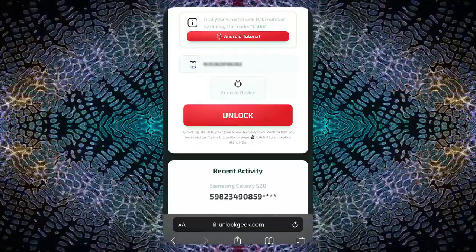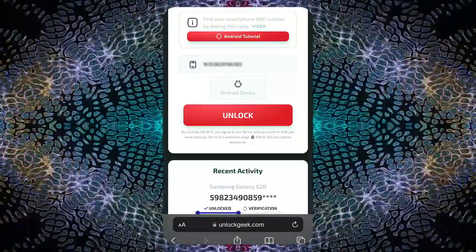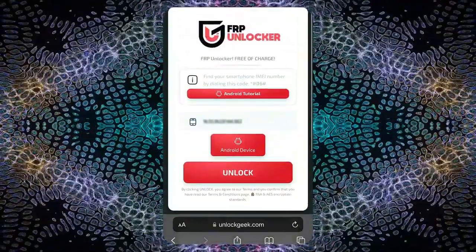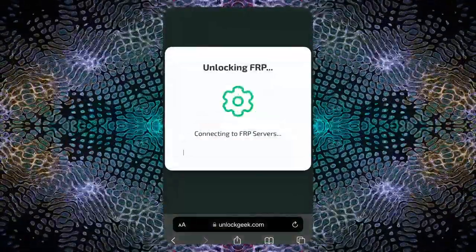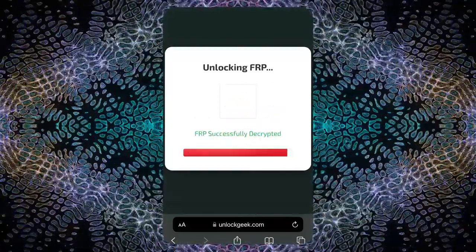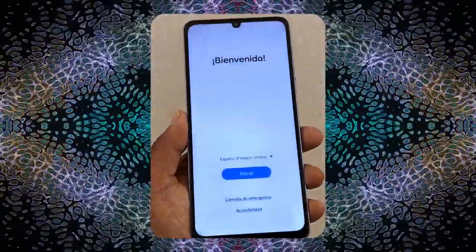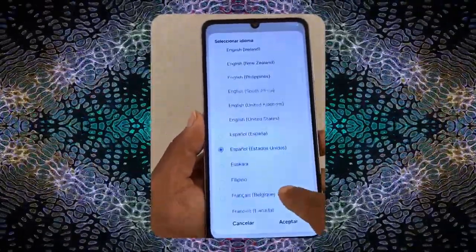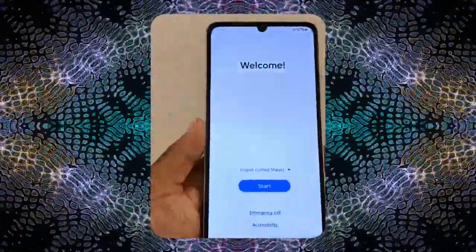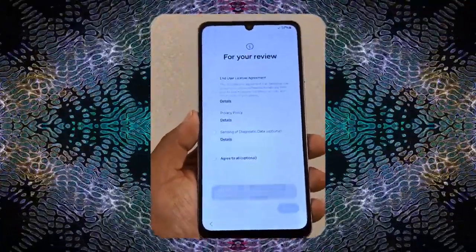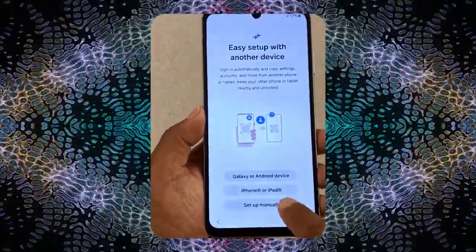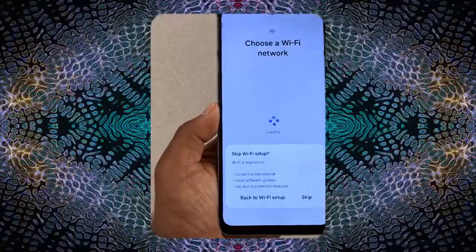Now, select the Android device option to match the phone you're unlocking. Click the Unlock button to begin the FRP unlocking process. The tool will start processing your request, which may take a few minutes. After the process completes, restart the device to check if the FRP lock has been successfully removed. Upon restart, the device should no longer ask for the Google account login, and you should be able to proceed to the home screen. Upon restart, your Android device will ask for initial setup just like it is a newly